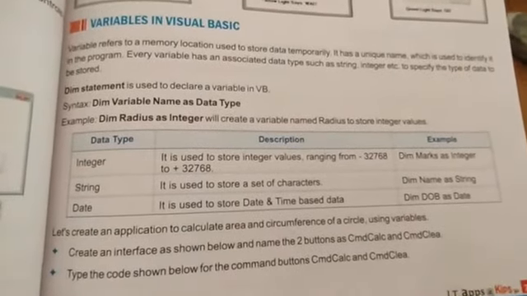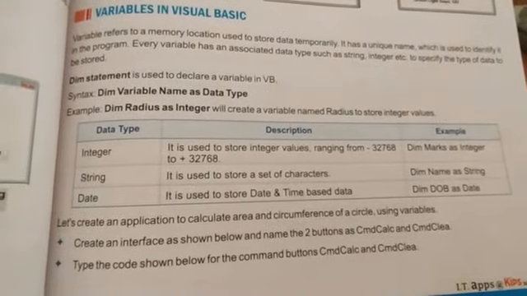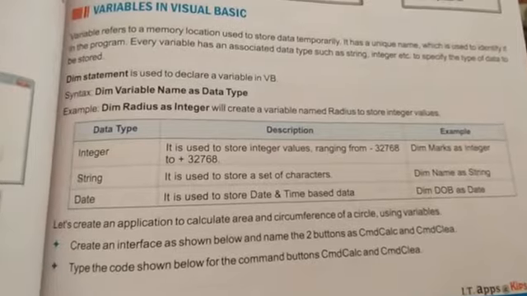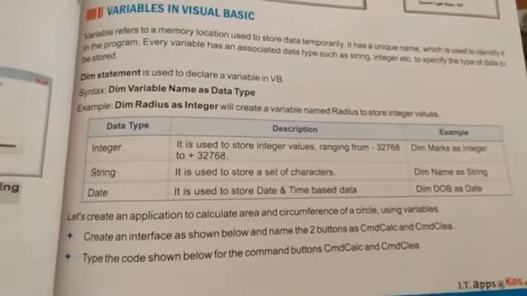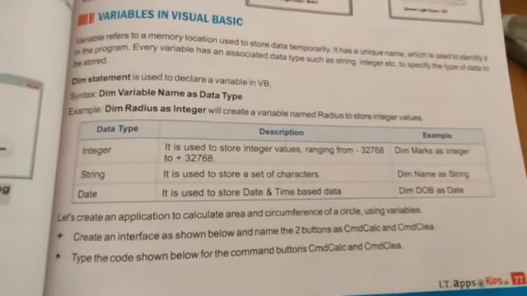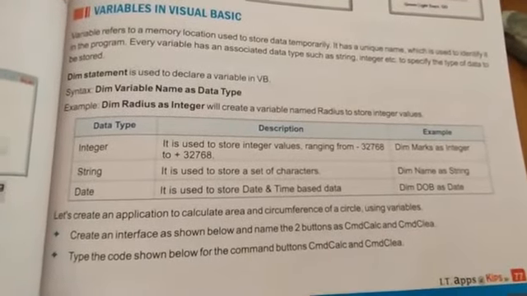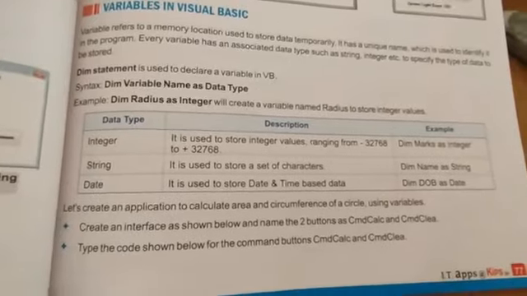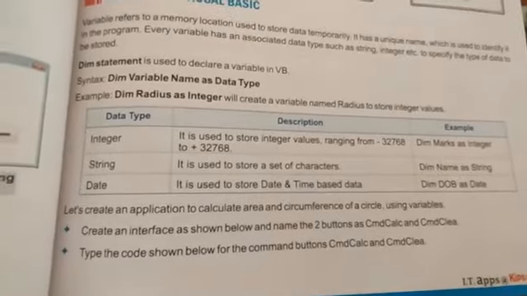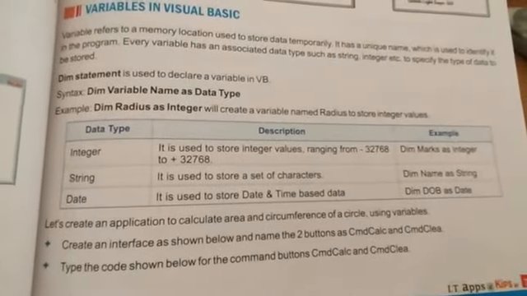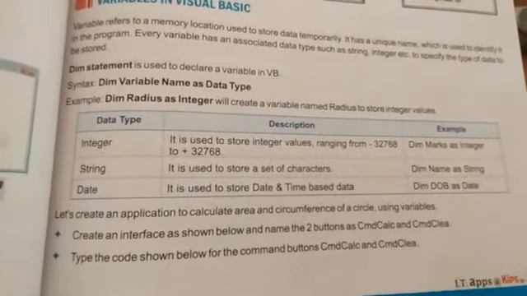So students, whenever you perform any kind of operation, any kind of coding in Visual Basic, you have to store or assign some kind of values into a variable. So a variable can be any meaningful name, text, or any kind of alphabetic character you can take for storing any kind of values. The type of values that you assign to the variable depends upon the data type of the variable. Okay, data type means which type of data you want to store in a variable. So you have to define the variable for that data type.